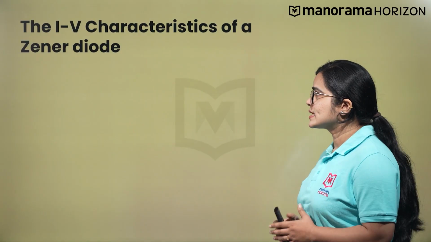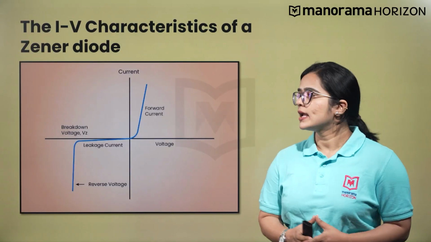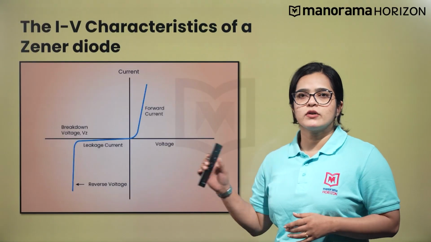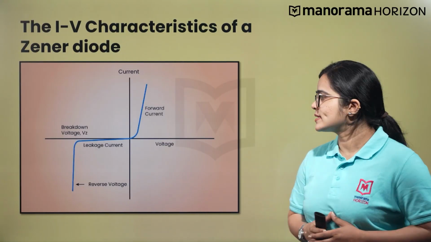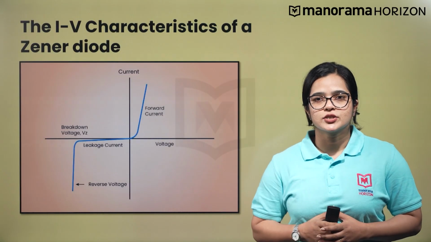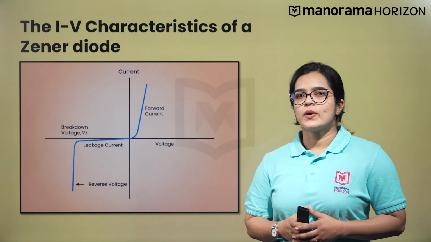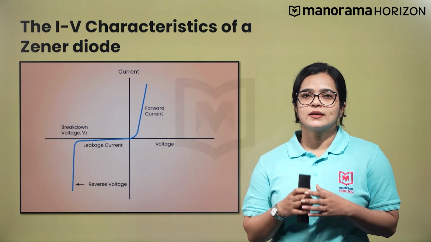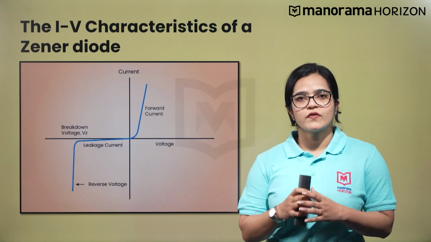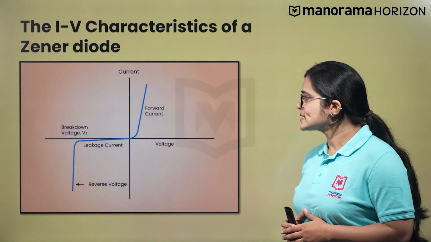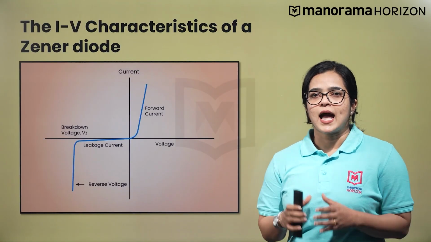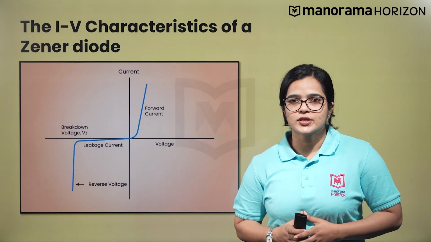The IV characteristics of a zener diode is shown here. From the graph, we can see that when the applied reverse bias voltage reaches the breakdown voltage, denoted by V sub Z of the zener diode, there is a large change in the current. At first, when applying the reverse voltage, the current is very small, and this is called the leakage current that is flowing through the diode. Once it hits the zener breakdown voltage, the current drastically increases, and this current is called the avalanche current because